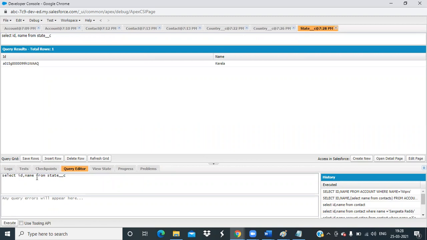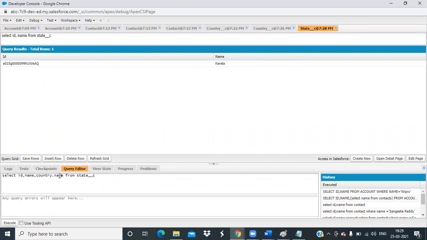Now I need to query the country name. I am going from child to parent. How will I write? Country dot ID, name. I need name.